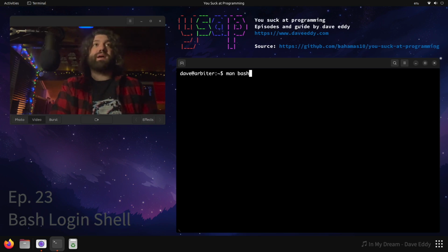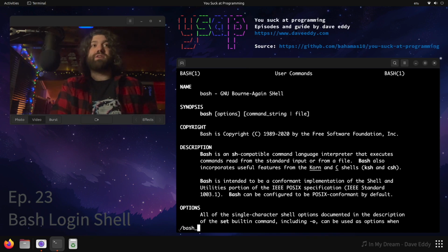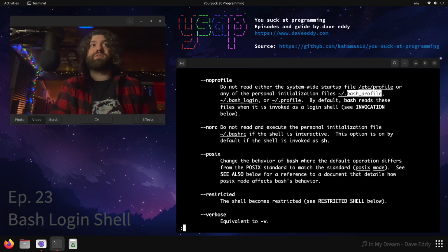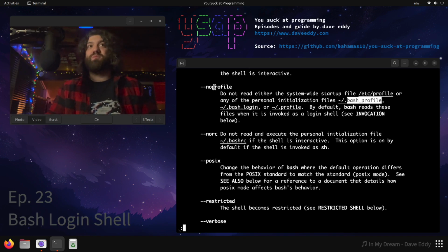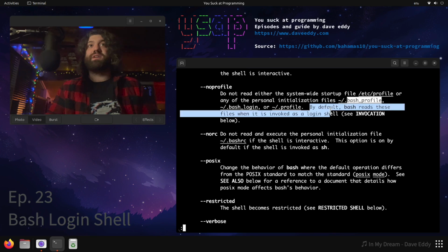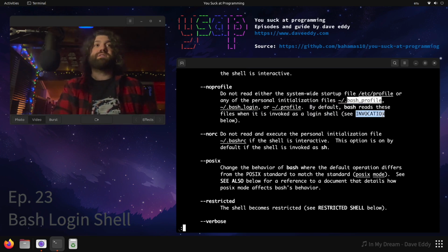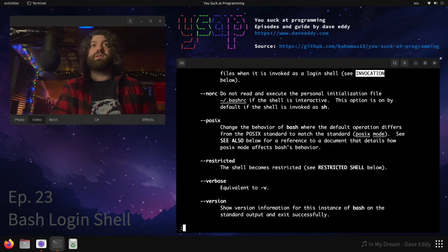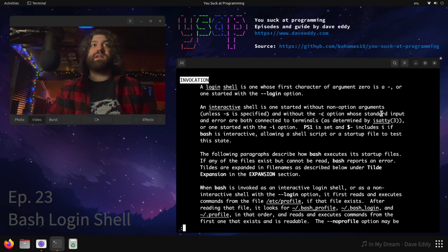All right, you can pull up the bash man page. You can look for something like .bash_profile, and we can get some information. Okay, cool. You can run bash with --noprofile to tell it not to read it. But right here you can see by default, bash reads these files when it is invoked as a login shell. See invocation below. So if we look for invocation, we can go down to the invocation section, and here we